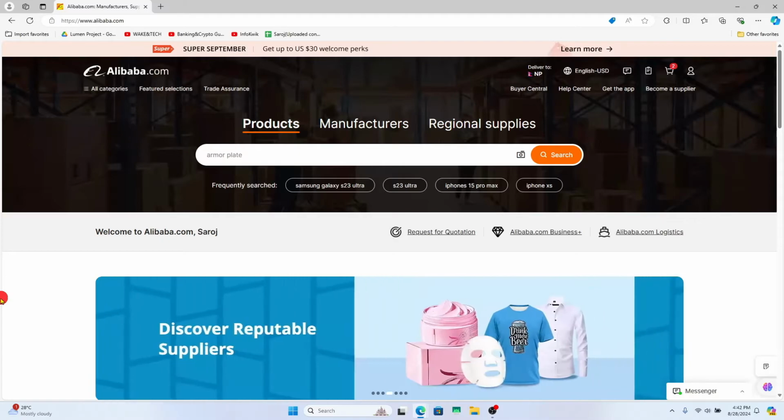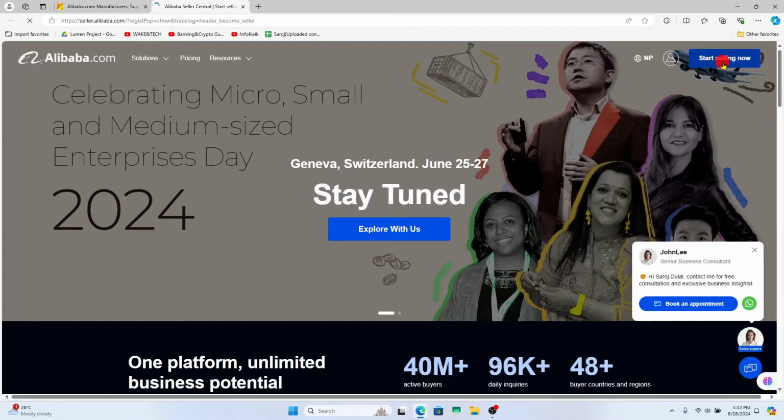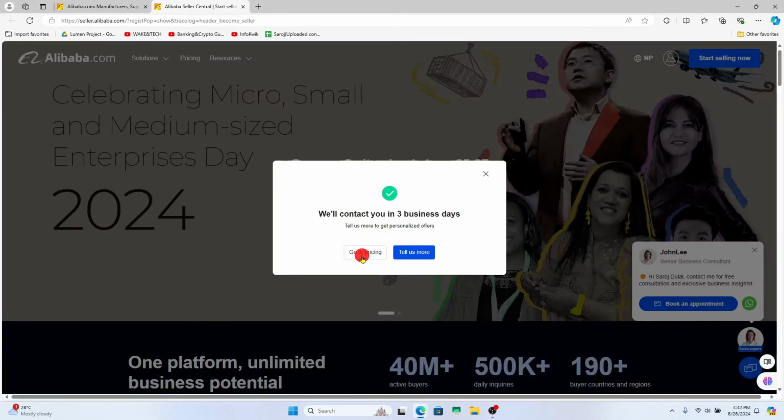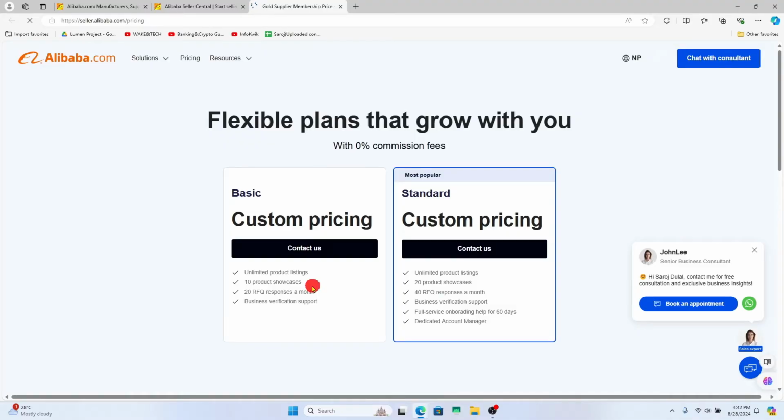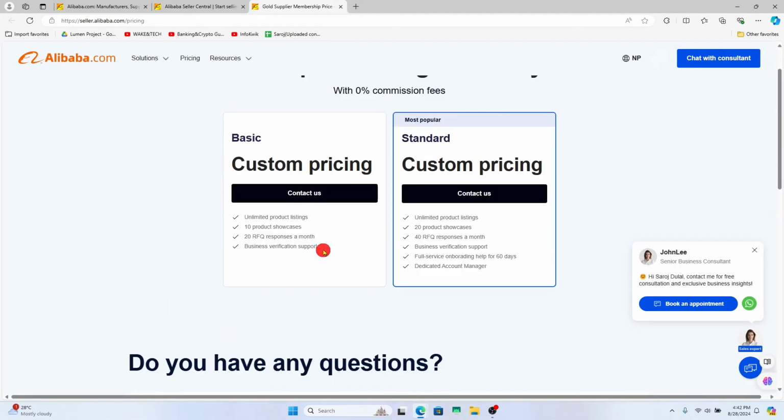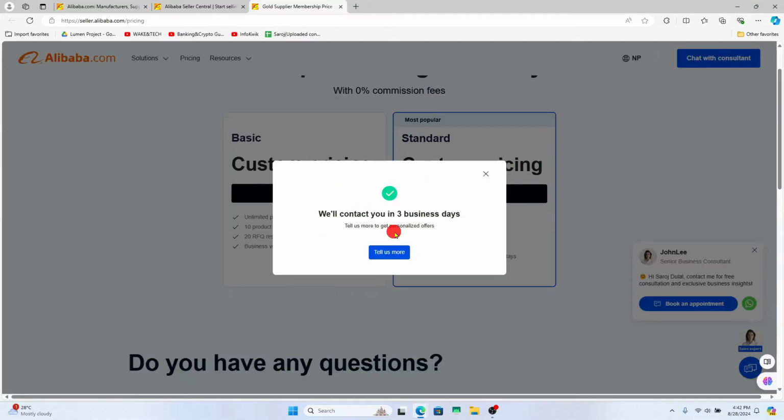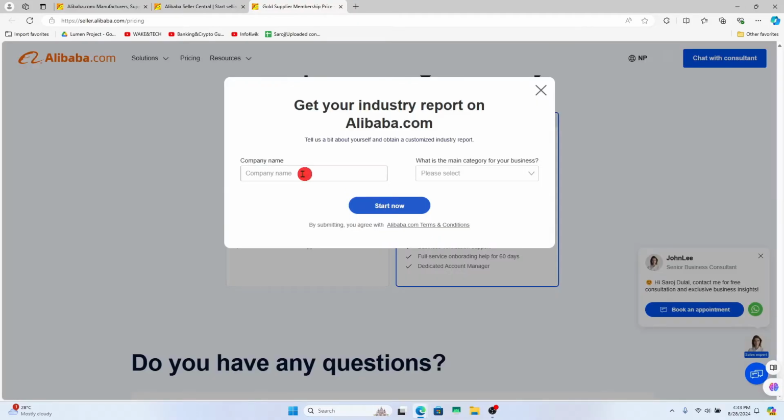Once you are logged in, if you wish to be an affiliate, then click on the Become a Supplier option. Then click on Start Selling Now. And now you can click on Go to Pricing and you will see the various different options that are available. You can click on the Contact Us button and you will be told that you will be contacted in 3 business days. You can also enter your company name within the company name box and then enter the category of